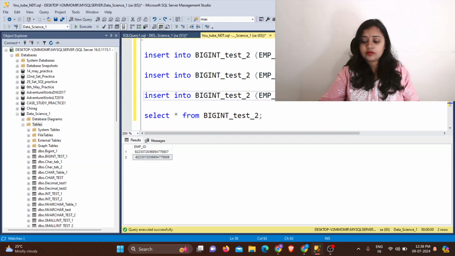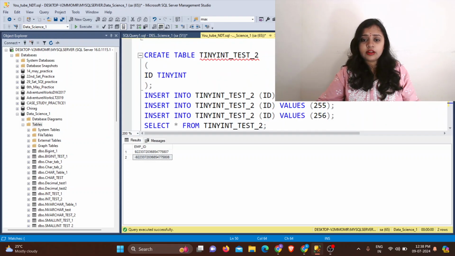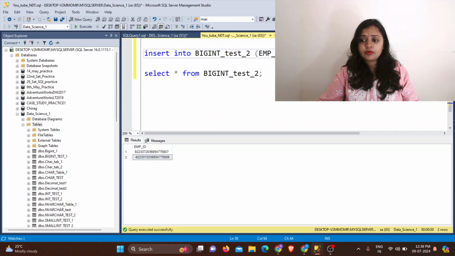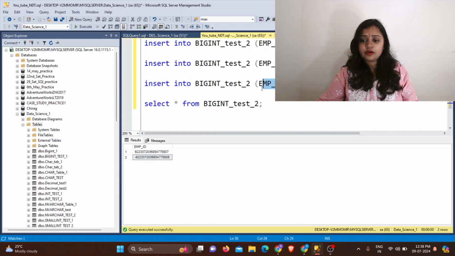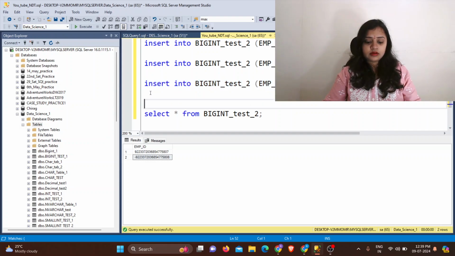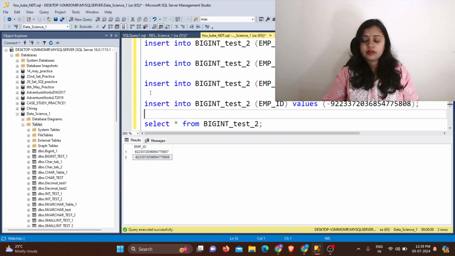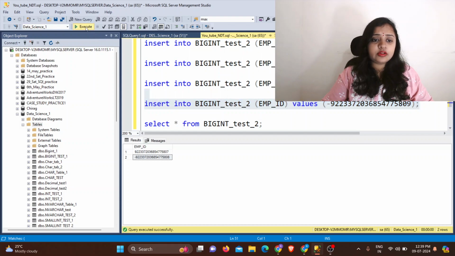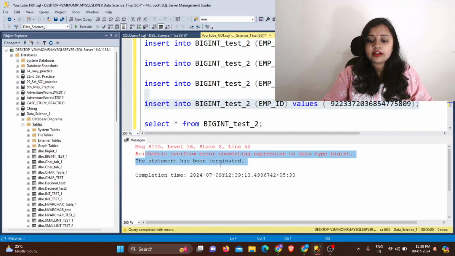It was till 808, right? Yes. So I will put one number more, 09. Select this and hit the execute button. See, arithmetic overflow error converting expression to data type big int.